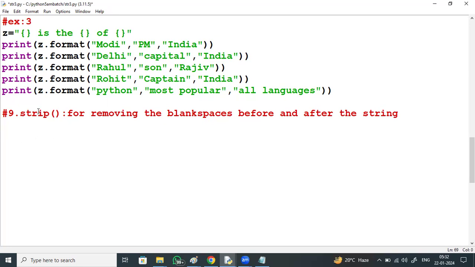For removing the blank spaces before and after the string. X equal to "hello world", with many blank spaces before and after the string.